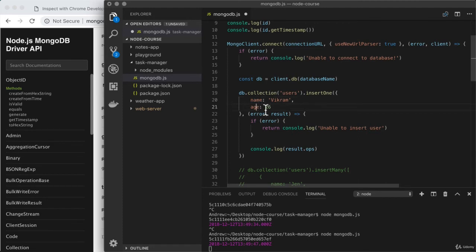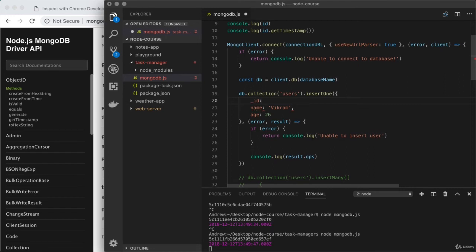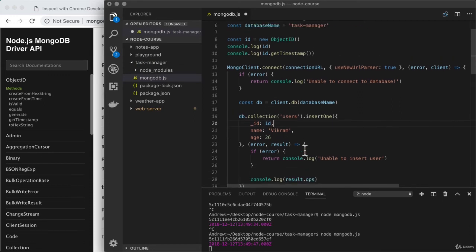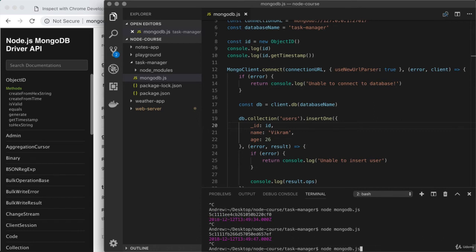Now, alongside of the 2 fields, we're also going to specify _id, and we have to provide, if we're choosing to set _id, an object ID. We already have one created and stored in the ID variable, so I can go ahead and reference that right here. Now let's go ahead and save the program to rerun things. When we rerun it, we're going to see our new ID printed to the terminal, and then we're going to be able to compare that with the ID we see over in Robo3T when we view our document. So right here, I'll shut it down, I'll start it up again, and we have our data showing up.